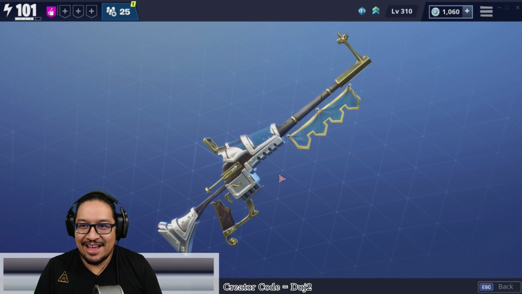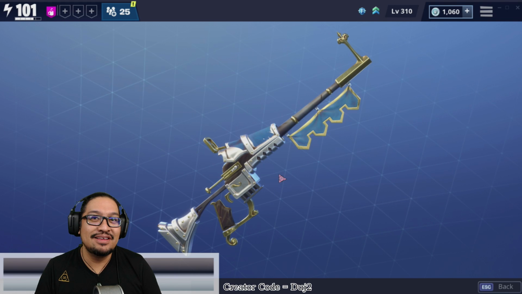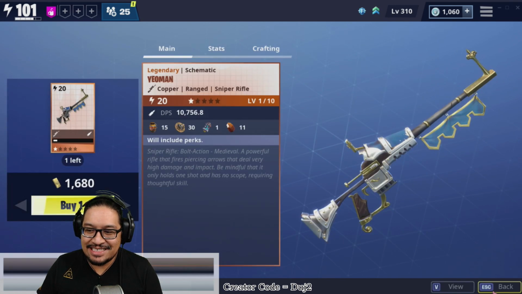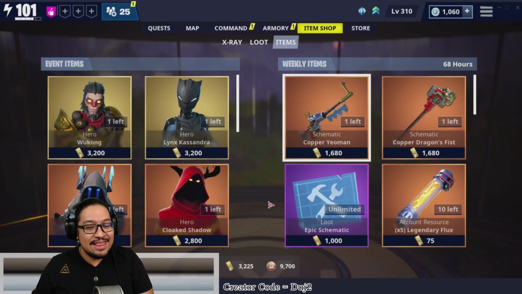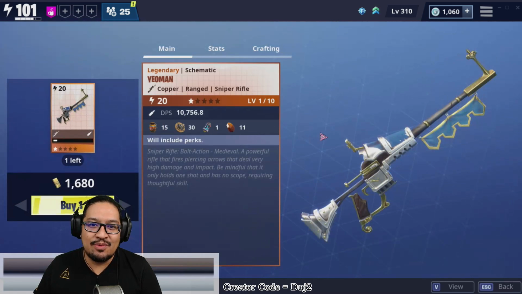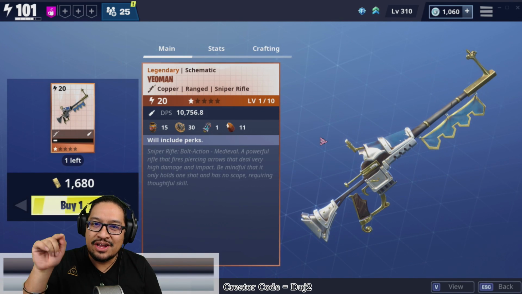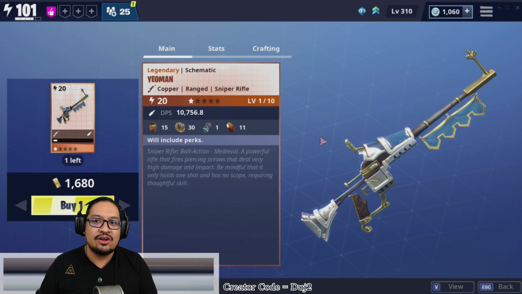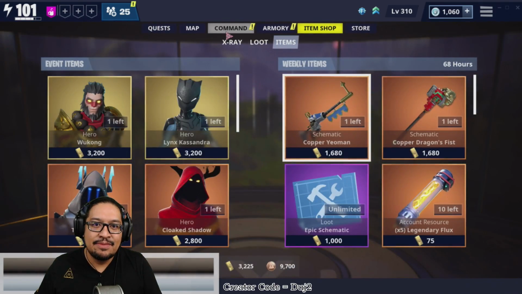Yeoman time. Guys, I apologize for being so late with this video. I have not even purchased this weapon yet, but I have 3,225 gold. We're gonna get the Yeoman right now. We're gonna level it up. We're gonna work on it. We're gonna take it to, I believe, 106, try it out with my current setup, which is the